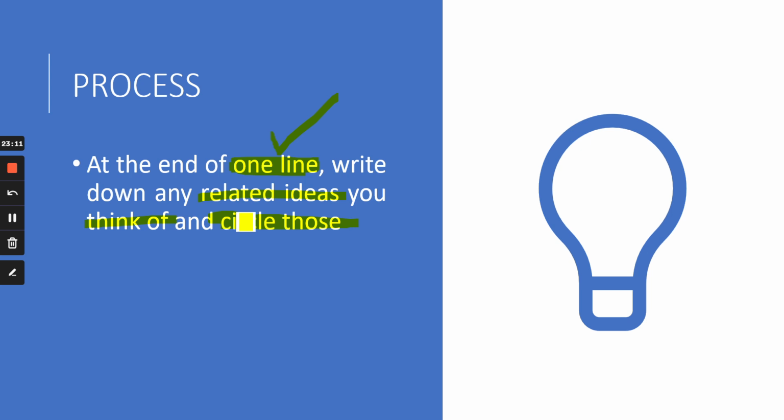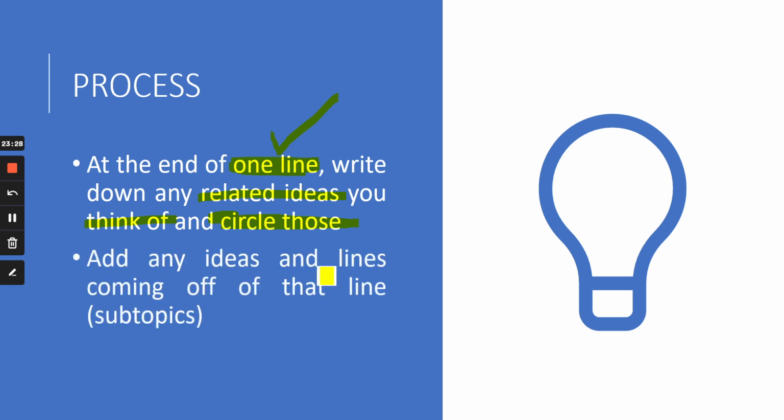So there are 2 circles. One is the topic, the main circle from which we have lines, and at the end of one line there is one idea, and you're circling that also. We call it a subtopic. So the topic is in the center, and the ideas that we have are subtopics. We have a topic in the center, a circle around it, 4 to 5 lines. In my example, suppose we have drawn 4 lines, and on line number 1 I have written one idea and I'm circling it. That means it is a subtopic.